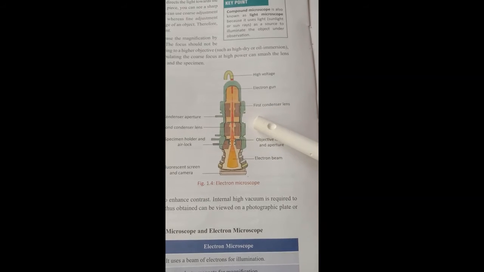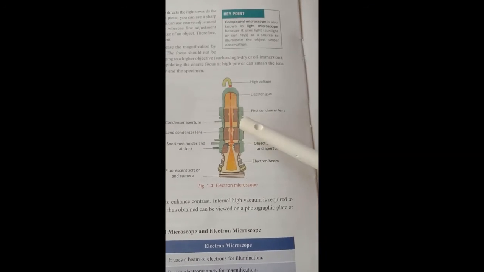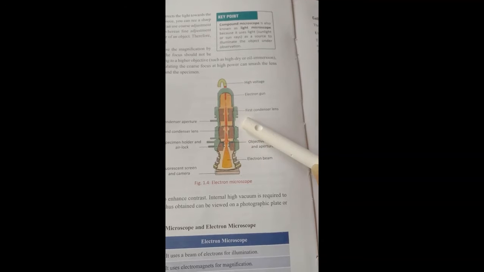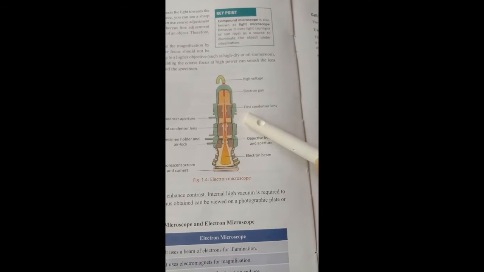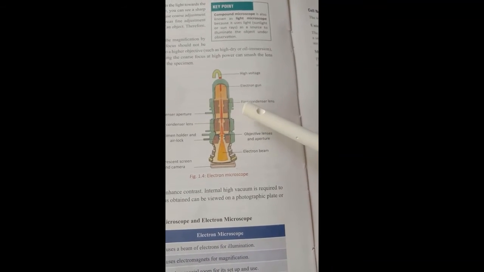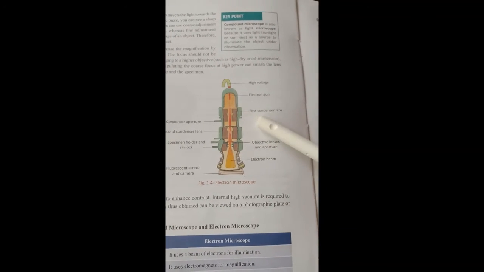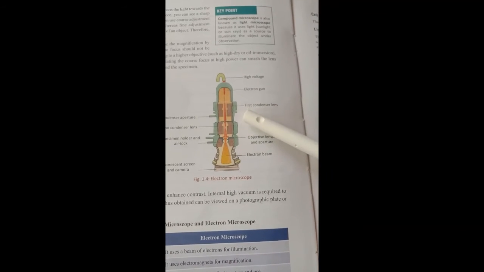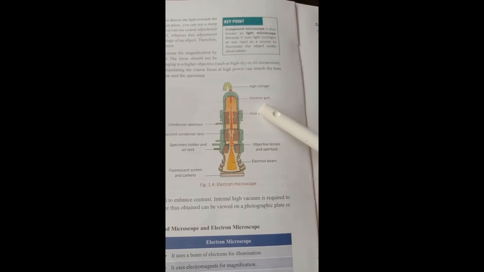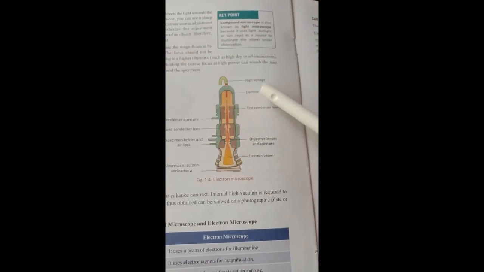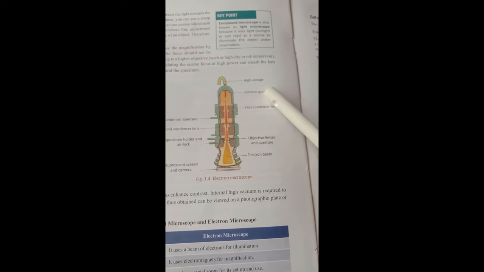Each substance has atoms, and an atom consists of electrons, protons and neutrons. So the electron microscope works on electron illumination, whereas the light microscope works on light illumination. Here electromagnets are used for magnification, whereas in the light microscope, light and glass lenses, concave and convex lenses, are used. Two types of lenses are there, which you will learn in higher classes, which are used for magnification. It also needs a special room for the setup.